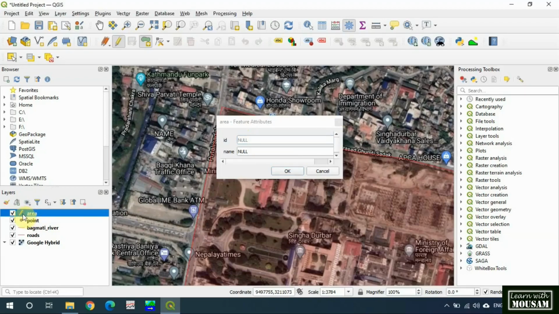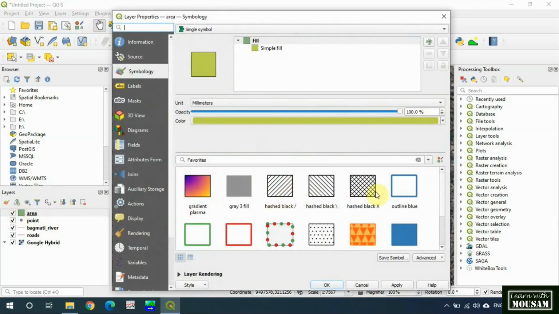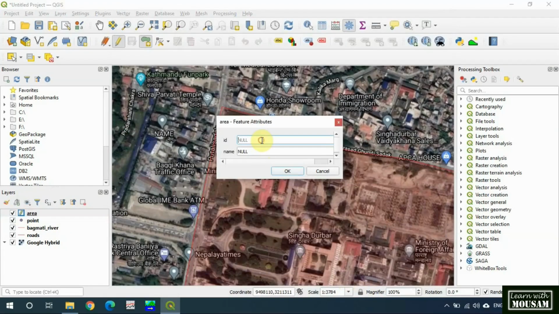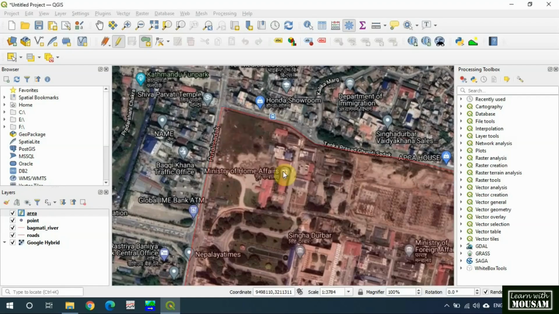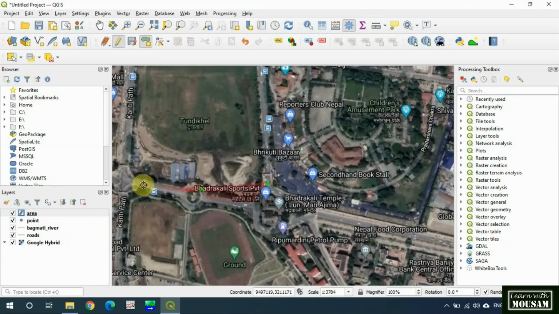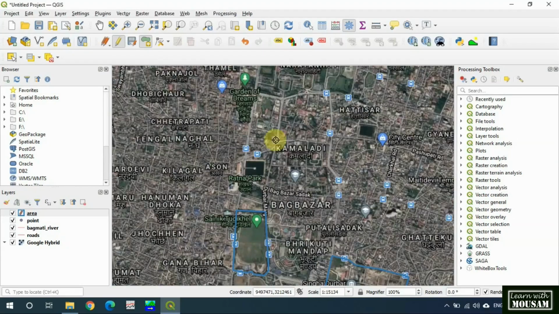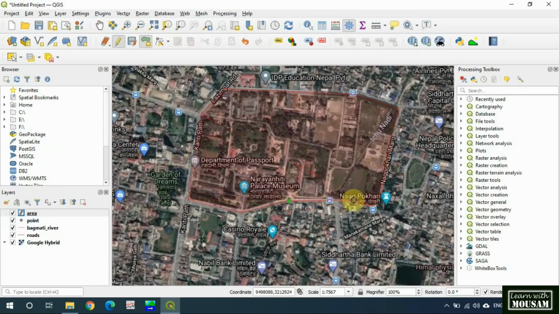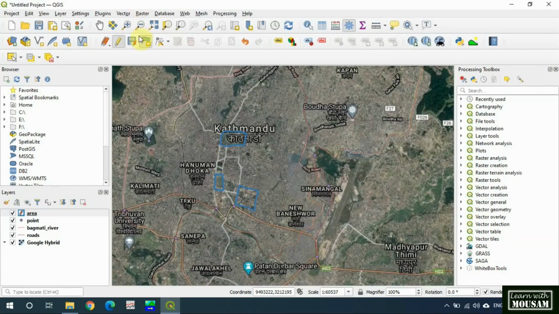You can change symbology for your ease. Give feature ID and feature name. Okay. Similarly, I'll digitize 2D Khel and Naraniti. Save edit, toggle editing.